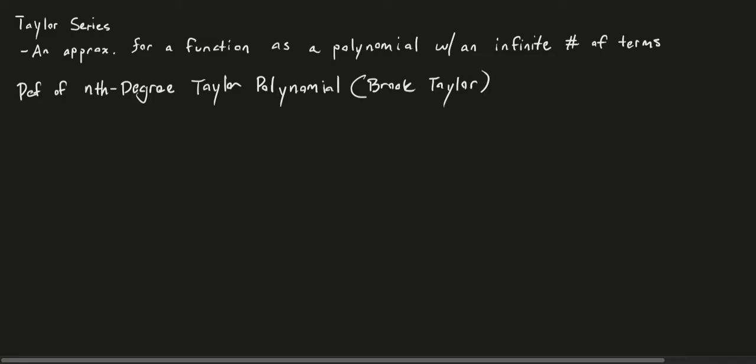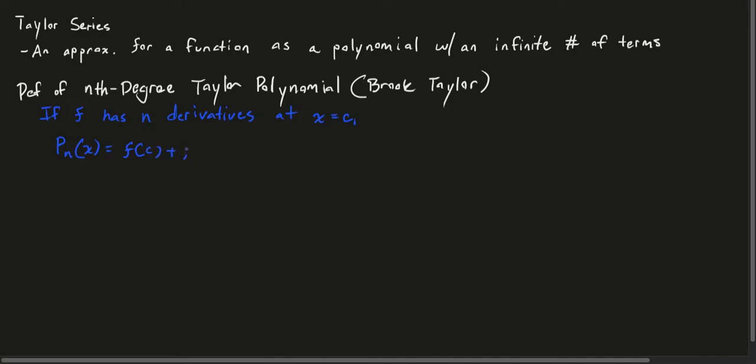And so what this definition says is that if f has n derivatives at x equal to c, then the polynomial of whatever term of x is equal to f of c plus f prime of c